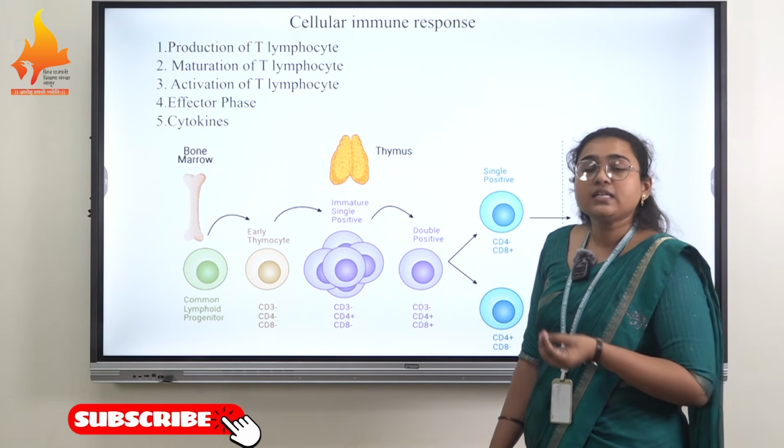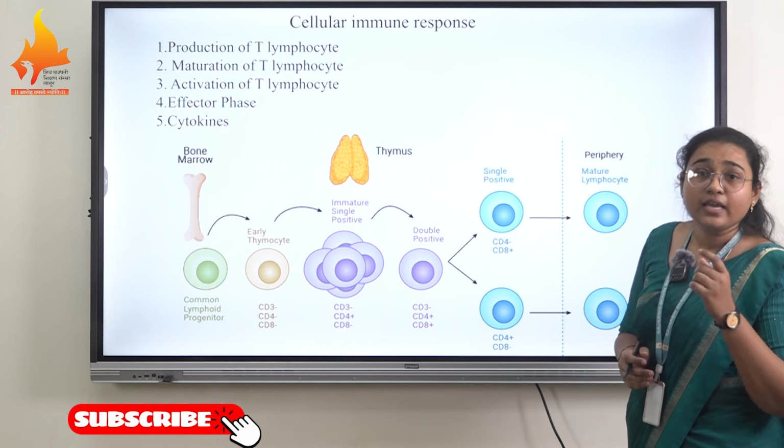The difference between the pro cell, pre cell and mature T lymphocyte is the CDs. CDs are called clusters of differentiation, which recognize that a cell is a specific T cell or a specific B cell. Upon maturation and differentiation, there is formation of two types of T lymphocytes: one is the T cytotoxic cell and the other is the T helper cell.